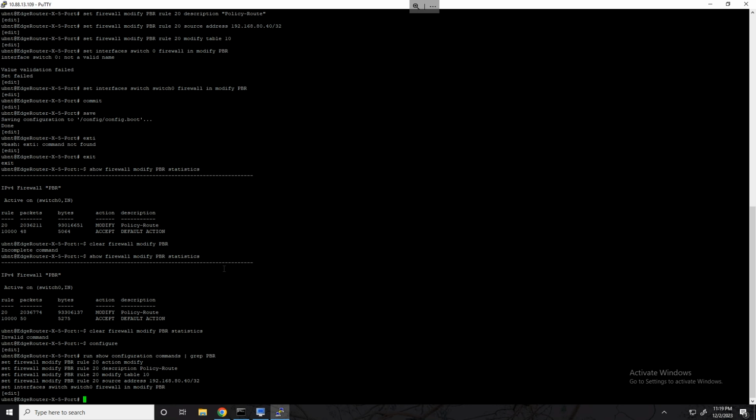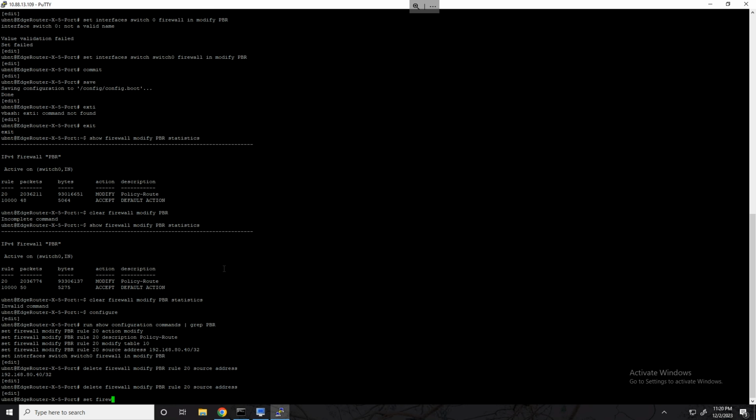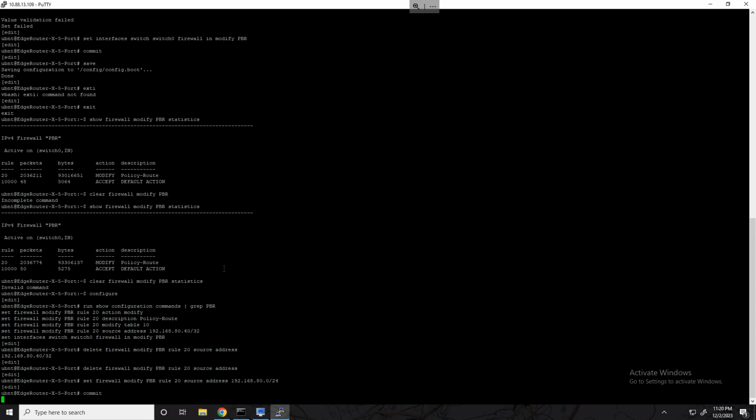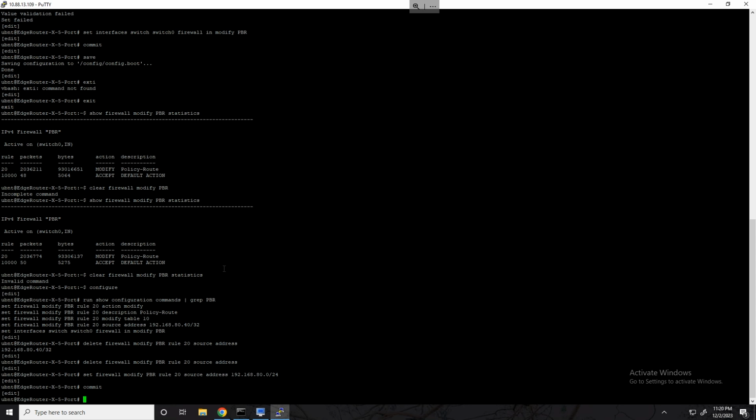So what we can do is delete firewall modify PBR rule 20 source address, and set firewall modify PBR rule 20 source address. And we'll just do the whole VLAN, 192.168.80.0/24. And if we commit, then this changes the rule from only classifying a single host to use the rule